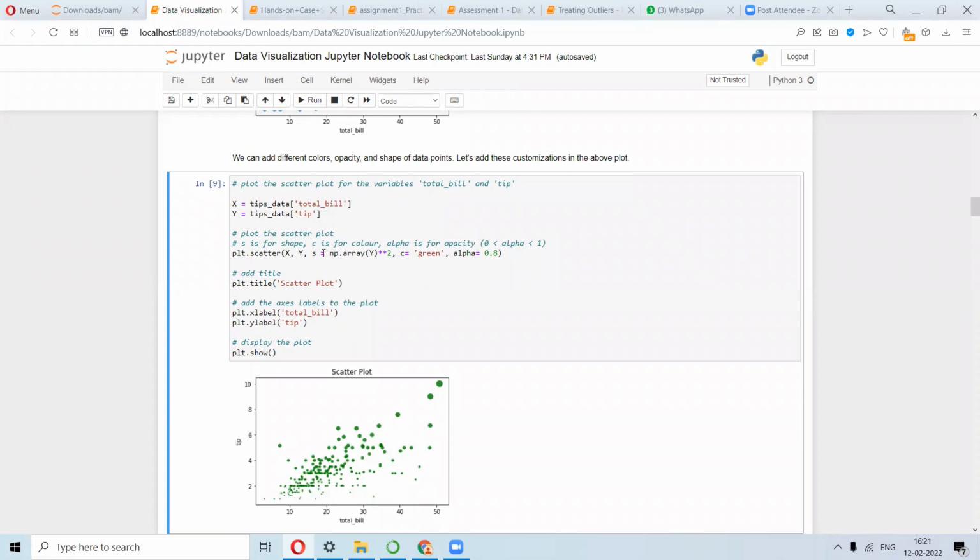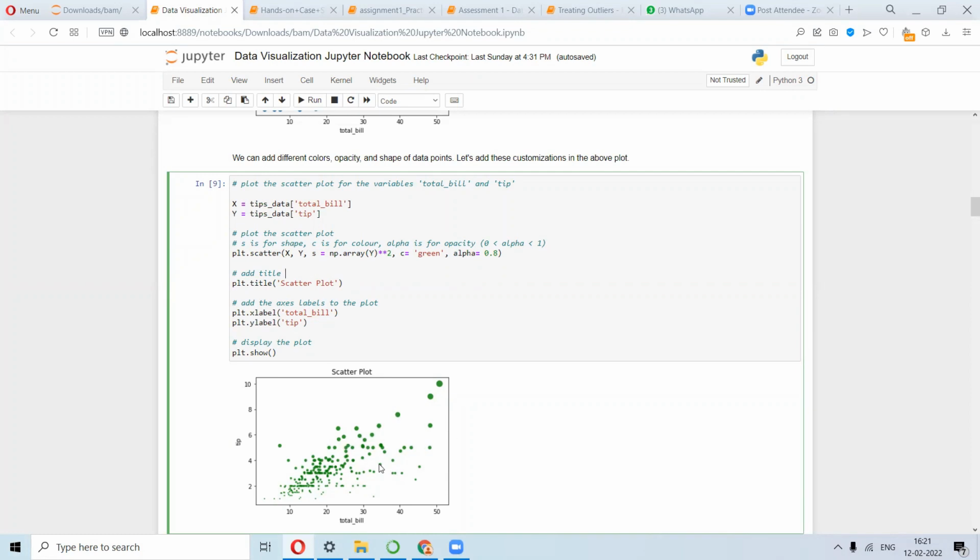So what does this do? This s equal to np.array y squared actually makes the data points much bigger in size. The lesser value will have a lesser square value in comparison to a higher value, right? So you can differentiate the relative sparsity, or the difference, in the higher total bill, so that it is much more prominent as a data point.